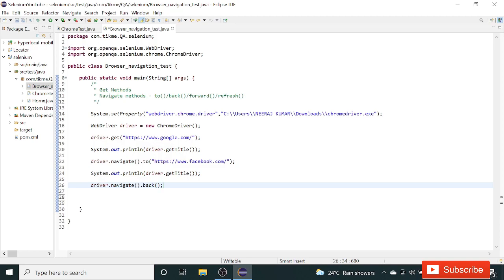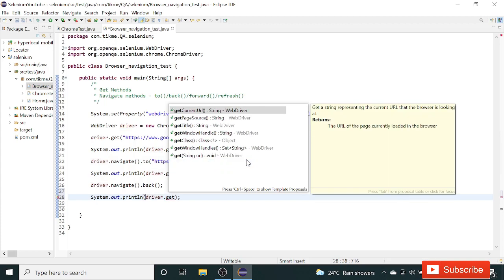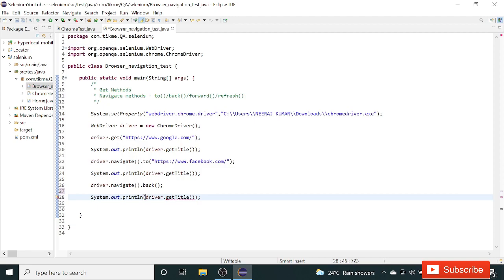It will take the browser to the previous page, and let's get the title of the page. So print the title of the page, driver.getTitle.